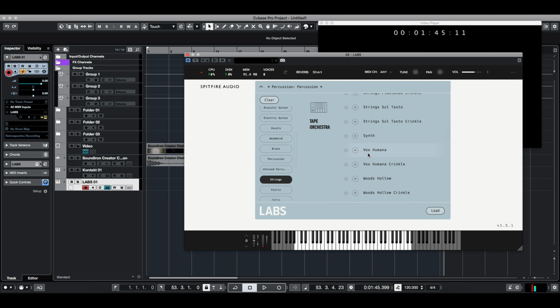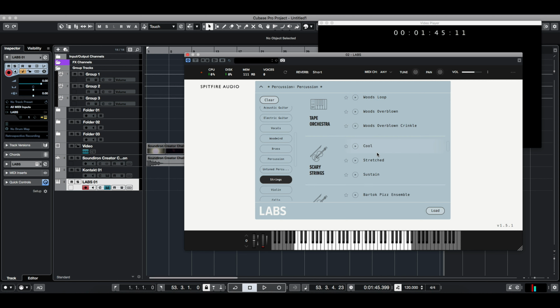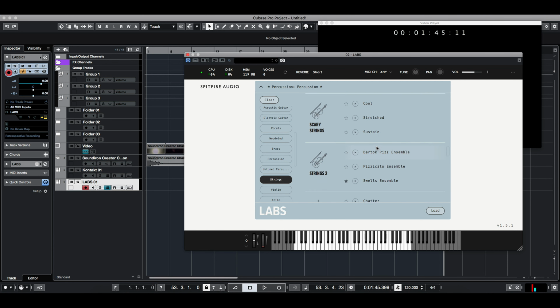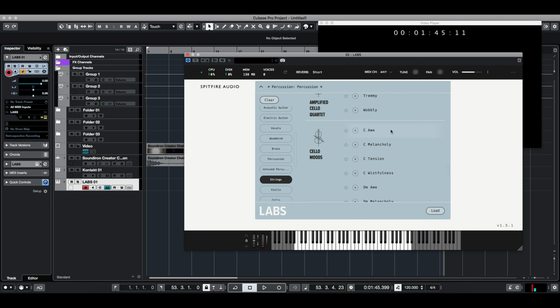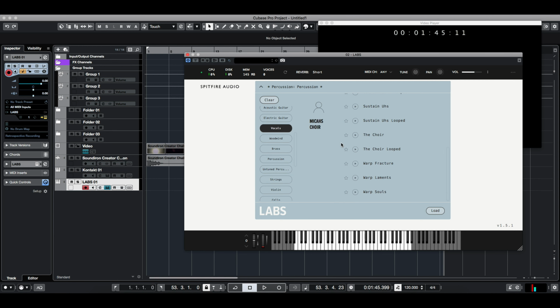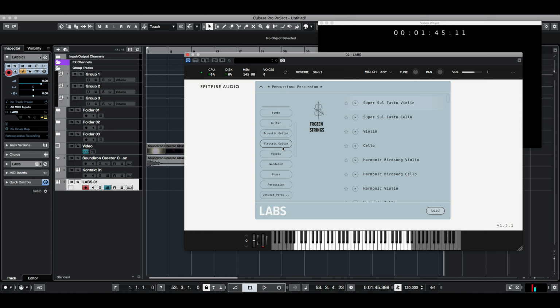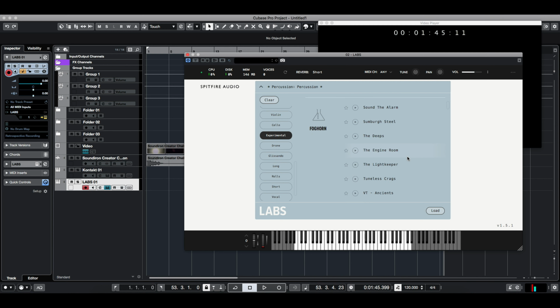There is maybe something from Tape Orchestra. They have their Scary Strings. They have their amplified cello quartet, which is really good. Cello moods, if you use the tension ones, maybe Wistfulness as well. Maybe the Warped Micah's Choir might be really interesting. Foghorn, I think Foghorn can be pretty mysterious. Alright, and yeah, okay, so